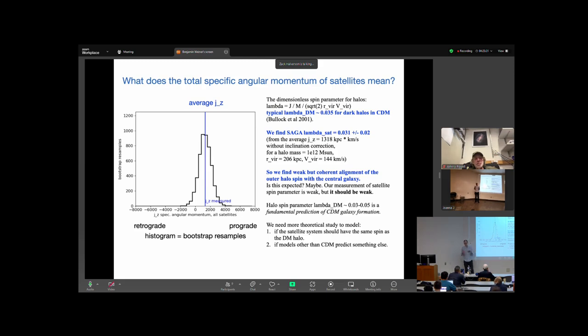Yeah, that's a strong assumption, that I should expect it to align with the central disk. I could take the sample that we have and construct a histogram like this without aligning it with the central disk and see what happened. I'm pretty sure you're going to get 0, because there was a small prograde versus retrograde asymmetry, which is where this is coming from. If you randomly orient the axis about which you're determining prograde or retrograde, I think it's just going to wind up being 0.